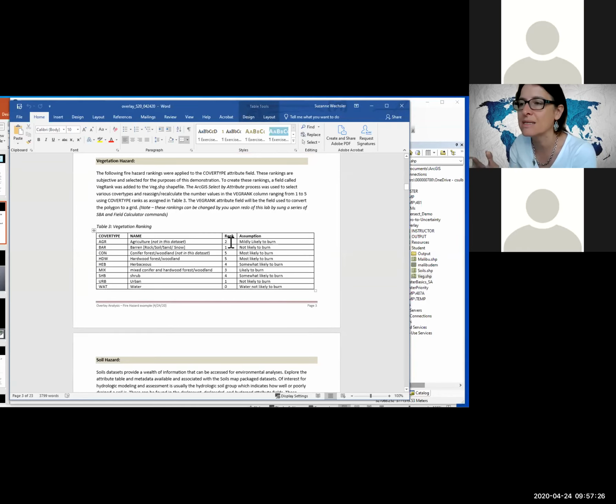So I did select by attribute on agriculture, and anything that was agriculture, I gave a rank of 2. If it's barren, it wasn't going to burn, so I gave it a rank of 1. If it's water, it wasn't going to burn. If it's urban, I said it's probably not likely to burn. Shrubs, I said more so, mixed conifer less, herbaceous more so, and I gave the highest burn likelihood to conifer